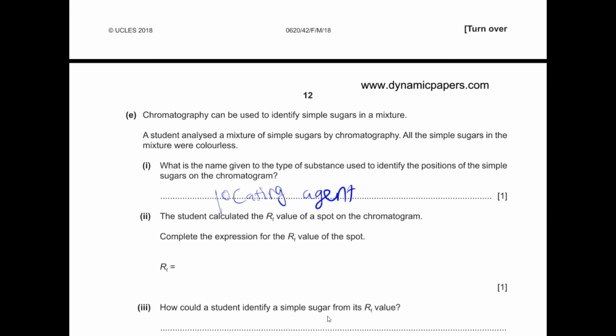The student calculated the RF value of a spot on the chromatogram. Complete the expression for the RF value of the spot. So we always have to know that the RF value should always be less than 1. So to be less than 1, we should have the denominator bigger than the numerator. So the RF formula is